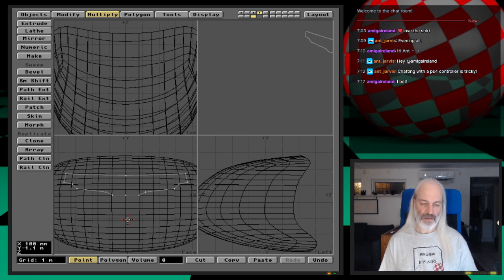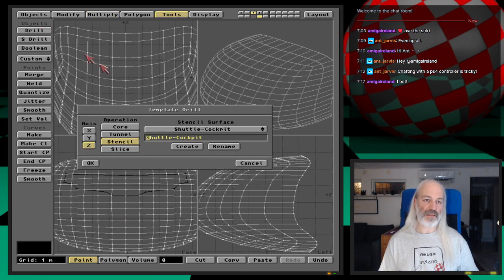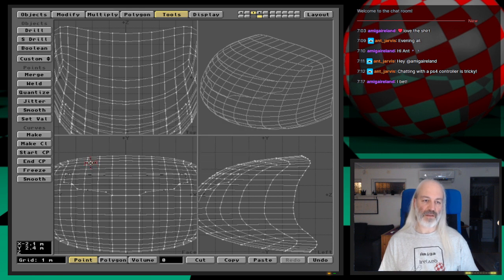Okay, so inverting my layer selection and using drill again, stencil, it has saved everything. So axis is Z, stencil, shuttle, cockpit, and create. Okay, so now I have a much more neat cockpit glass than before. Let's say I like that, you know. So I can